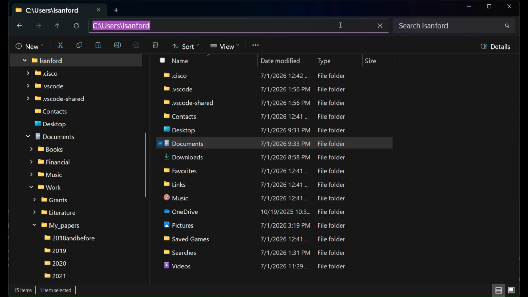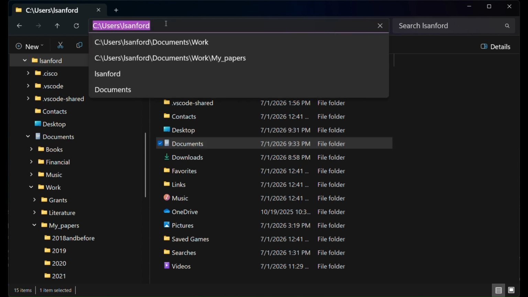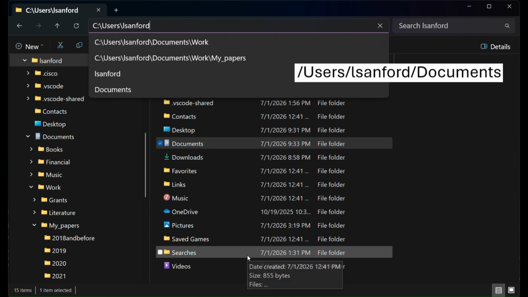If I click on the side of the navigation bar, I can also see what's called the absolute path to this folder. Since I'm on Windows, this absolute path starts with a drive name, in this case my C drive, and the different nested directories in the path are separated by backslashes. On Mac and Linux systems, the absolute path starts with a / known as root, and / then separate the